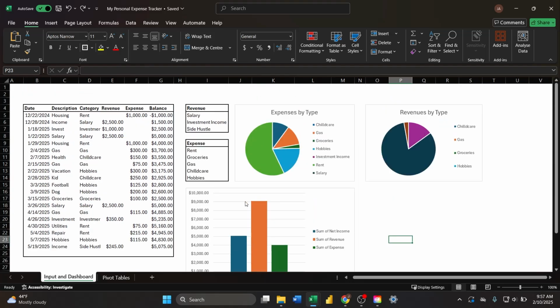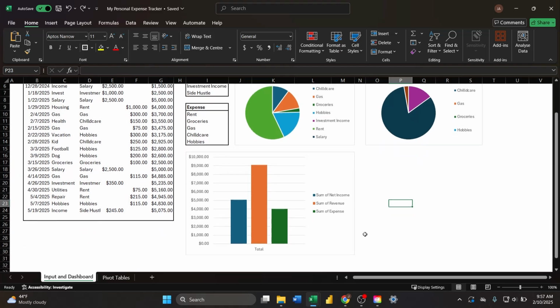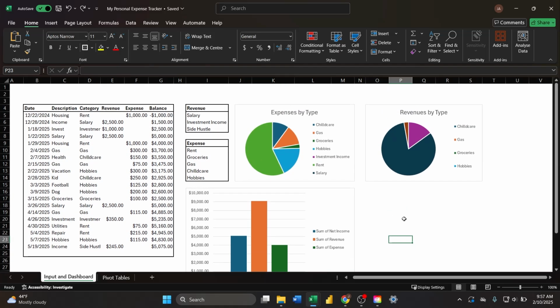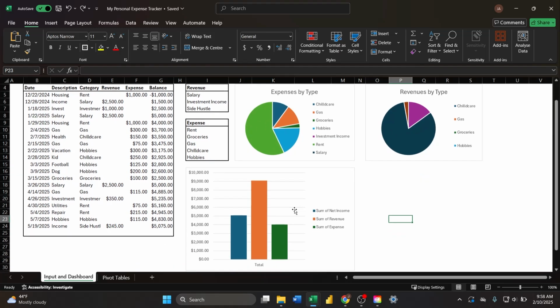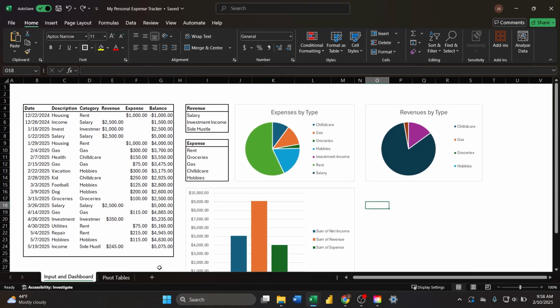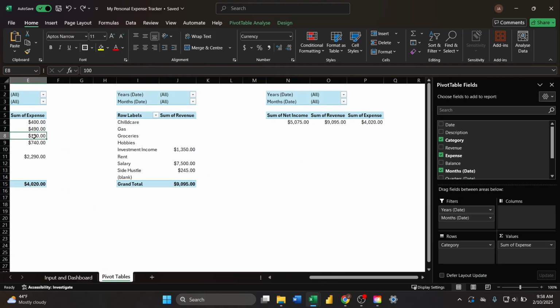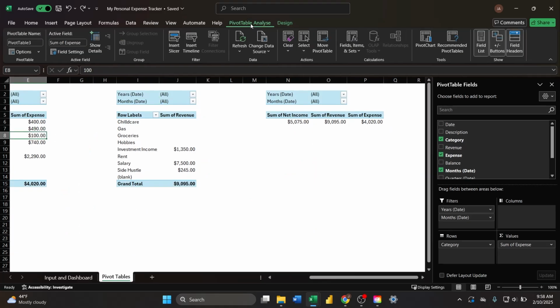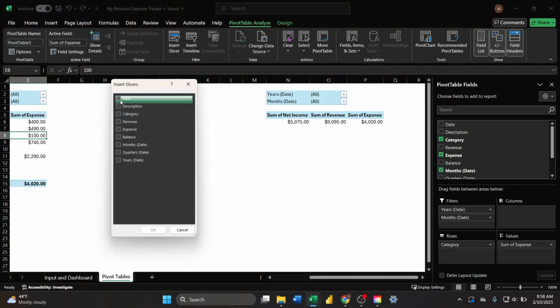And you can name this sum of revenues, expenses, and net income for the year or for the month or whatever you'd like. But now we're going to get into something called slicers. Now, if you're not familiar with slicers, they're basically just filters that you can click that act as buttons and affect the graphs that are shown from your pivot tables. So if we go to our pivot tables and select the first one, go to Pivot Table Analyze and select Insert Slicer,